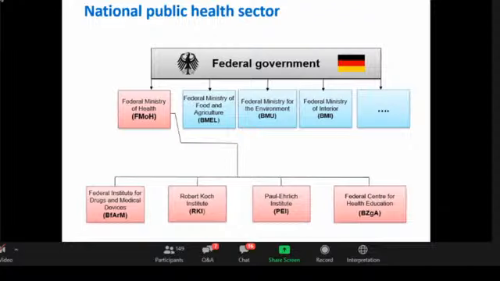Here you can see that we've got the federal government and different ministries at the federal level. During this, they all have their own concepts of operations. For example, now during Corona, the Federal Ministry of Health meets in joint crisis committee meetings together with the Federal Ministry of the Interior. And the Robert Koch Institute is an authority within the portfolio of the Federal Ministry of Health.